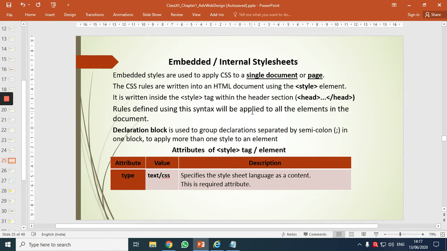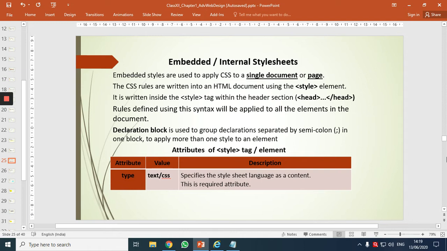When we want to apply CSS to a single document or to one web page, we will use an embedded style sheet. To work with embedded style sheets, we need a paired tag called style. Style is a paired tag which is included in the header section of our web page.